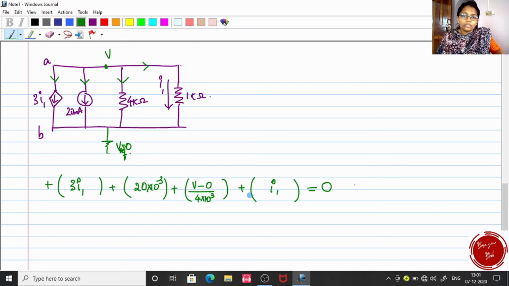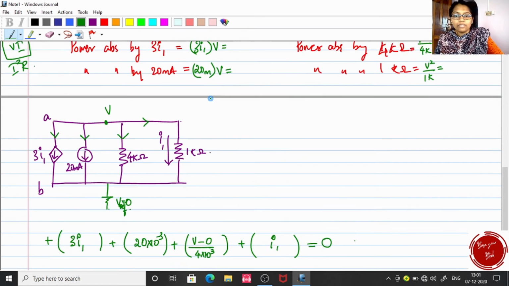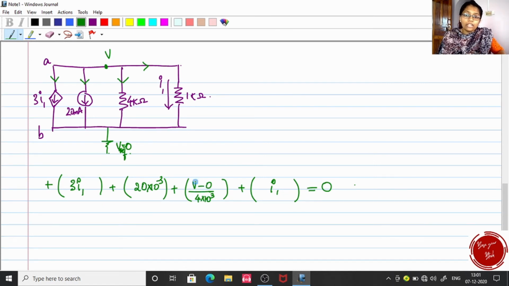Now we are going to reduce this complete equation, but just see there are two unknown variables coming here, I1 and V. So let us convert I1 to V or V to I1. Anyway, we have to find the value for V, isn't it? What was our aim? Our aim is to get the value of V. I1 also must be known. Anyway, let's convert V to I1, because there is only one term containing V and two other terms contain I1. So it's better that we convert V to I1.